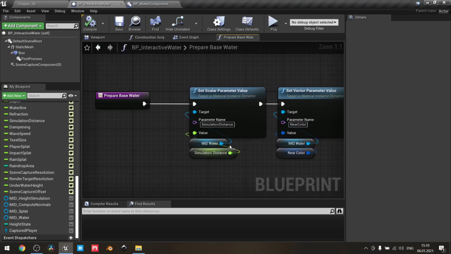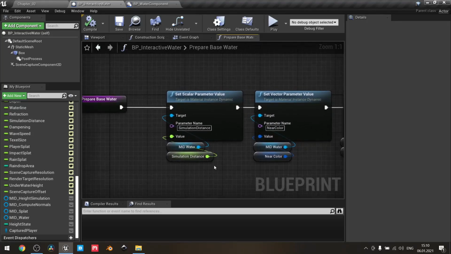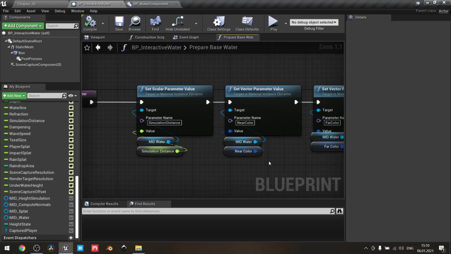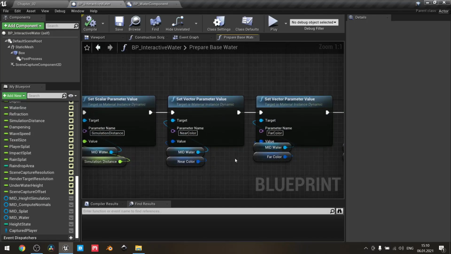So for material instance water, simulation distance, make sure that the parameter name here is the same as what you have created in all of your shaders, so you'll have the proper and workable effect. Next, near color, far color